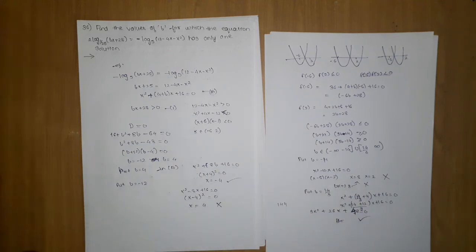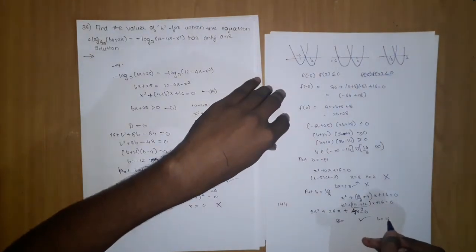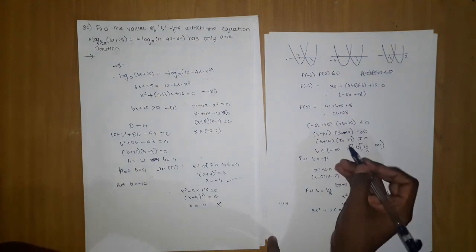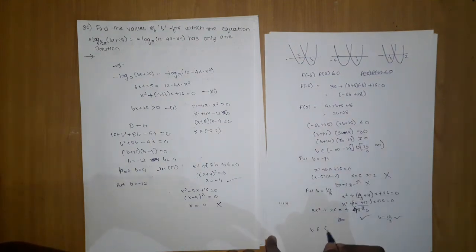Okay, so b equals 14 by 3 is valid. You can check similarly like this. Now, this is not valid, so what will we say? Minus infinity to minus 14 is not valid, but this is valid, 14 by 3